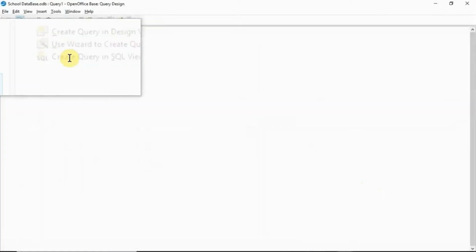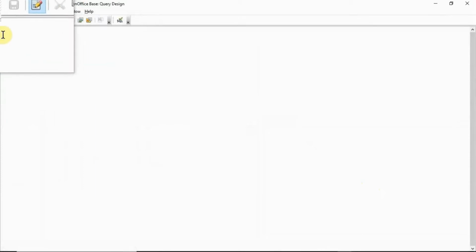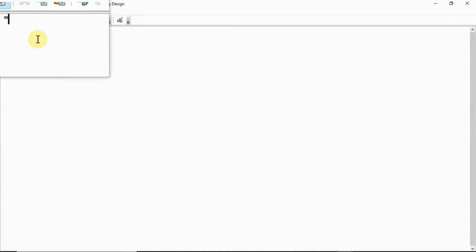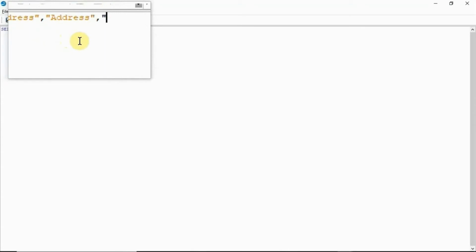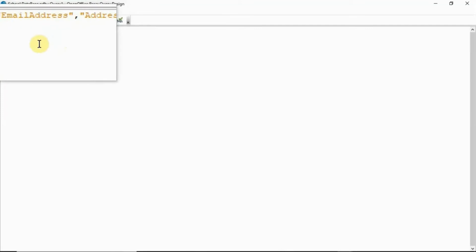So click create query in SQL view and then type here a statement: SELECT in capital letters, and in inverted commas type the field name, email address, and close the inverted commas, then comma, and type the second field name, address, inverted commas close, then comma, then the third field name, city, inverted commas close.